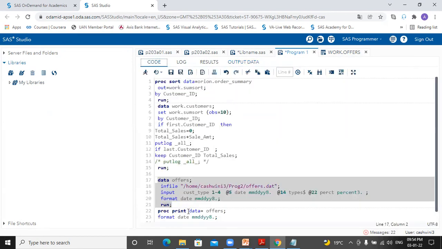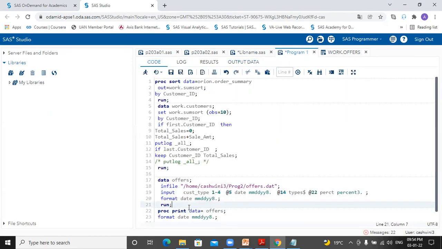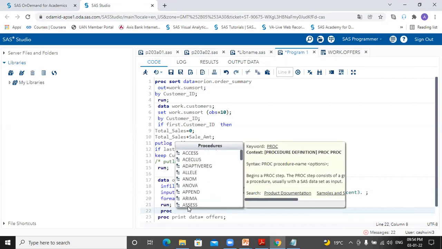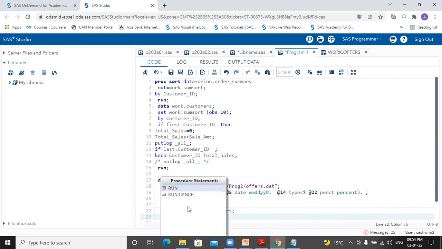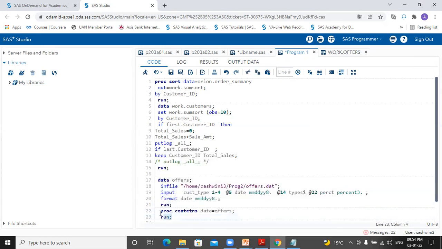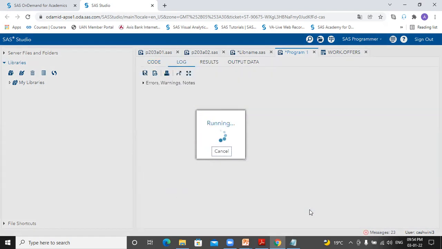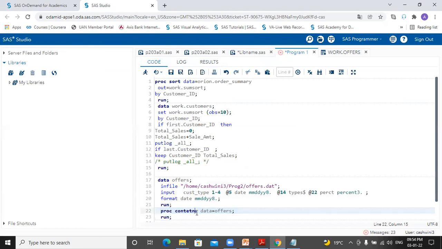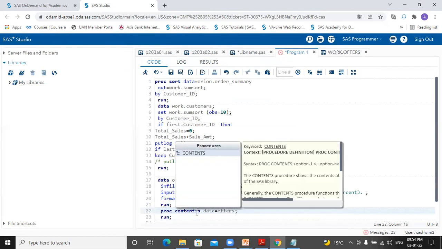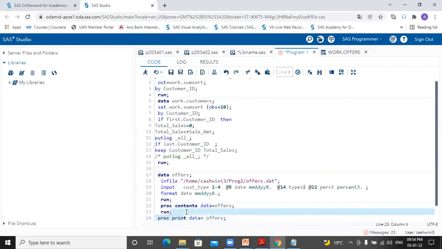If you see proc contents data equal to offers, this will give you the attributes of your column. My spelling was wrong, that's why it was giving an error. Do you know what proc contents does?